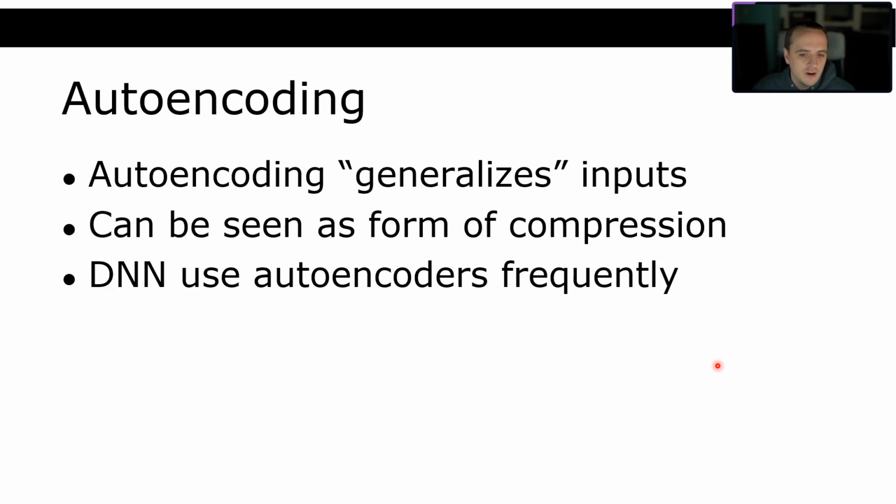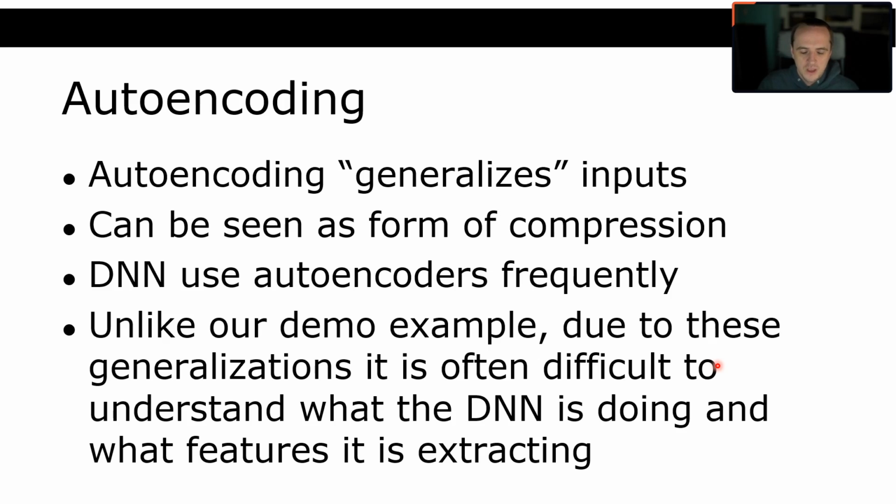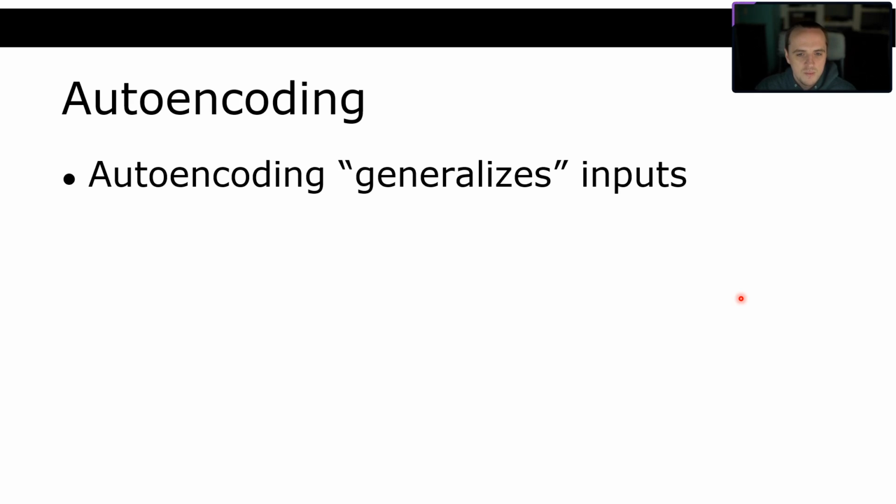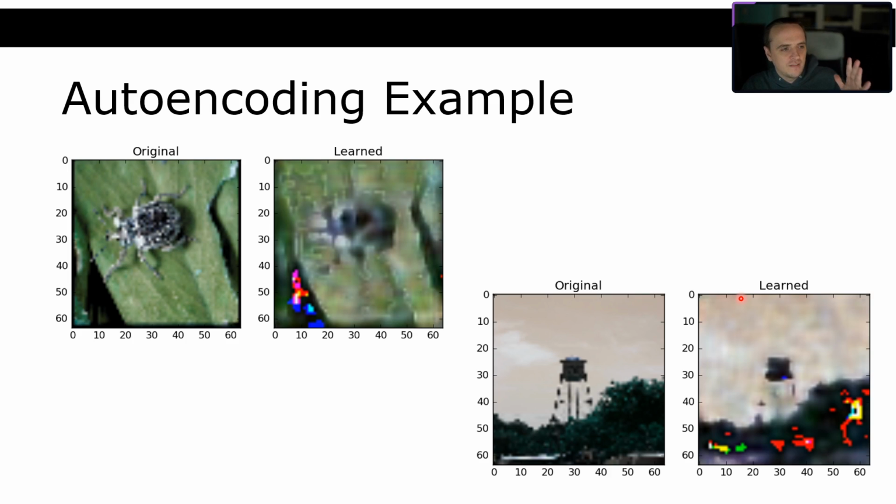Deep neural networks use autoencoders very frequently. Unlike our demo example, due to these generalizations, it's often difficult to understand exactly what the DNN is doing and what features it's extracting. If it's passing through CNNs, then pooling, and then autoencoding, it's so difficult to intuitively visualize what's happening that there's an entire field of research dedicated to just trying to understand what's happening inside the neural